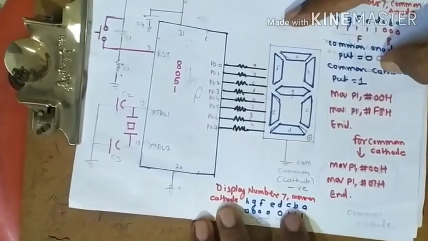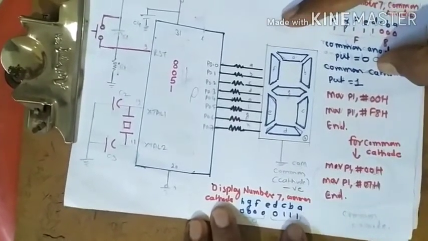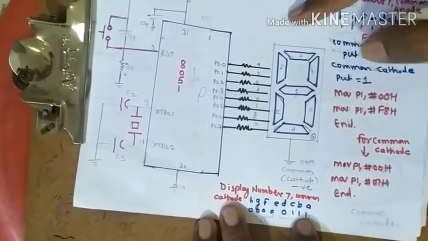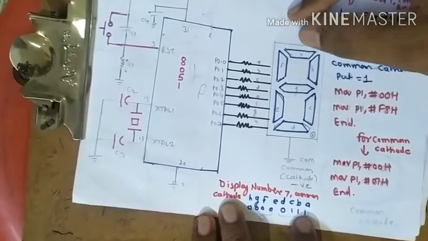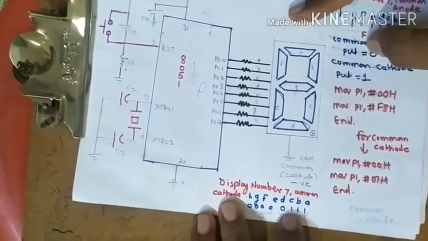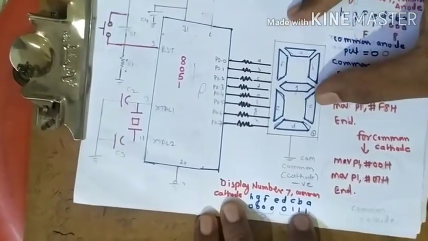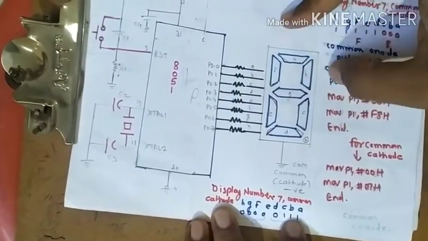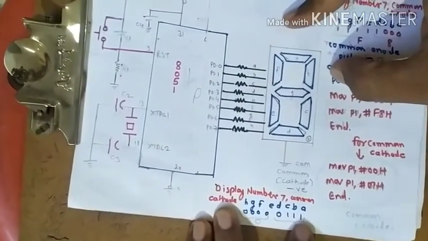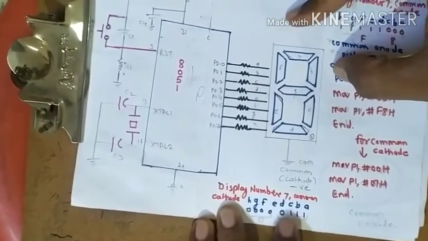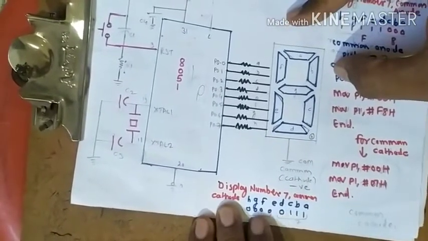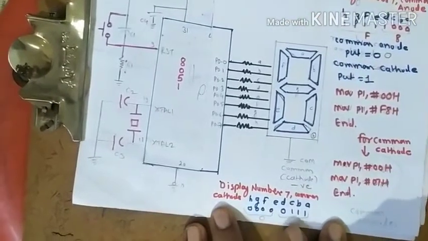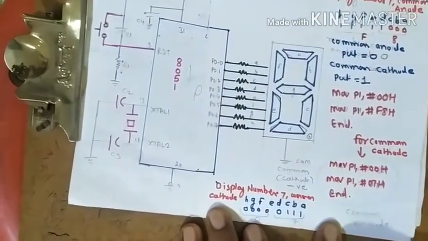So because we connected common cathode to negative, we want to display the number 7 in common cathode condition. Again we write A, B, C, D, E, F, G, H. Put 1 for those we want to glow. So we want to glow A, B, C, and here we set A, B, C as 1, 1, 1. Why? Because this LED will glow when we send logic 1, and the remaining LEDs will be off when we send 0. So we set A, B, C as 1, 1, 1 and D, E, F, G, H as 0, 0. After writing, the code will be first nibble 0 and second nibble 7, that is 07H.